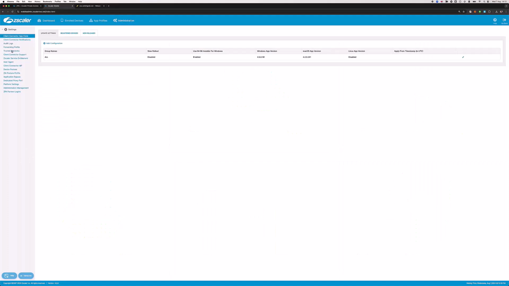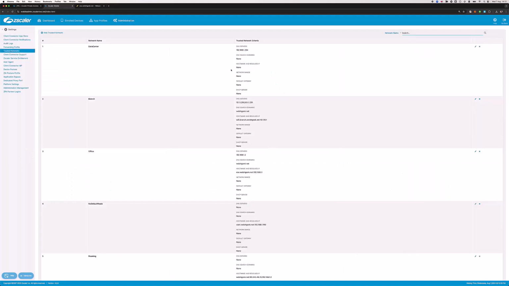And I'll just show you those trusted network criteria. So we selected data center, so it's if my DNS server is 254, or my branch DNS servers, or my office DNS servers, and it's resolving these things to these hosts. So I'm specifically on this one, so I need to make sure that office or data center is configured for